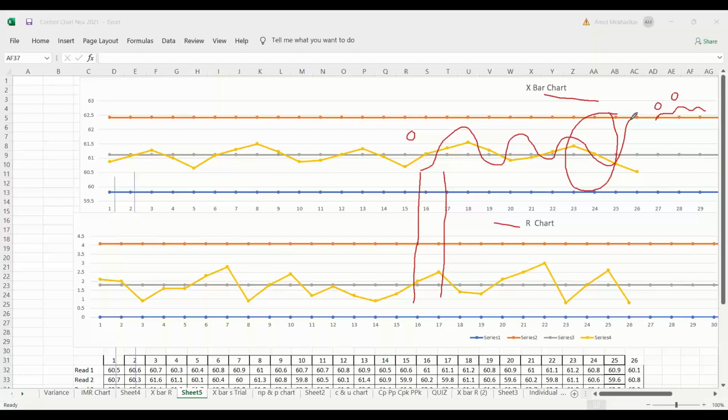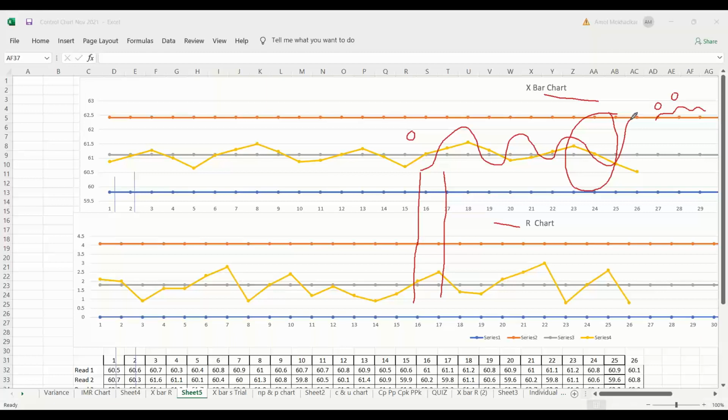Like if you are taking the data of subgroups, for example, you are checking 5 samples every 100 samples, so at least 25 to 30 data sets you should check, means 30 total subgroups. So you know that it is capturing the variation of all the lots. You are taking the data from all the lots, so that if some manufacturing variation is there, it is going to capture. Because on the process there will be an impact of the environment, impact of the operators.